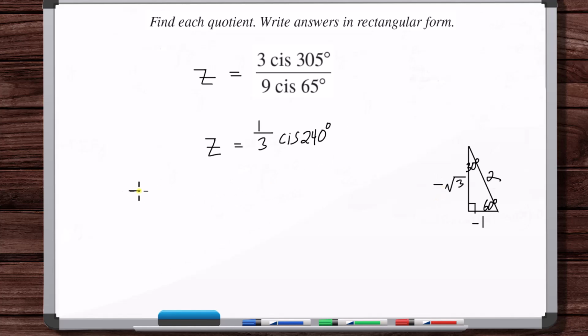So cosine of 240, with a 60 degree reference angle, is going to be minus 1/2. Sine of 240 is going to be